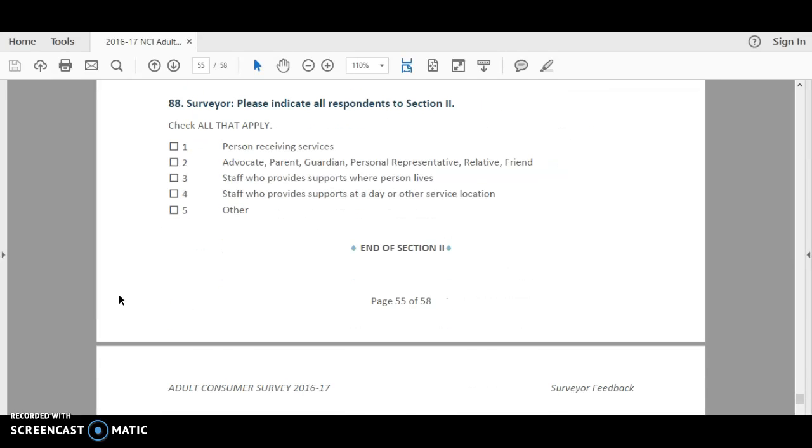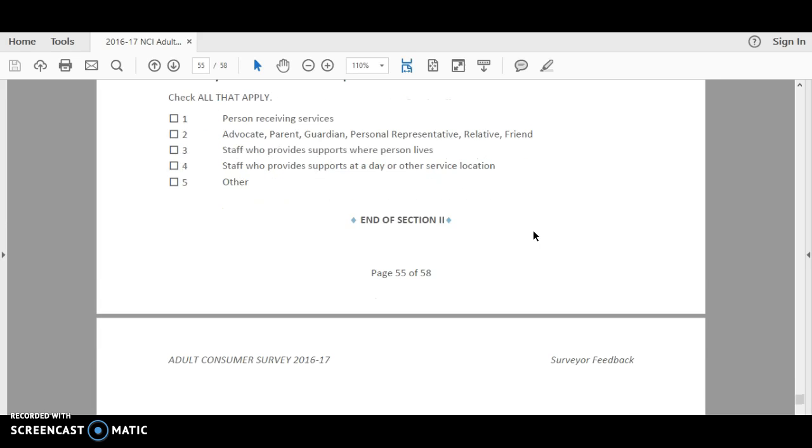Finally, for you, you're going to indicate all of the people who answered section 2, although we do know that this may feel a little bit redundant because you're checking off that respondent box for each question. It does give us an idea of anybody who may be taking part in the survey. That respondent box will only allow you to check off one respondent type. And so it's really helpful for us at HSRI as well as states to know all the people who are supporting to get through section 2.